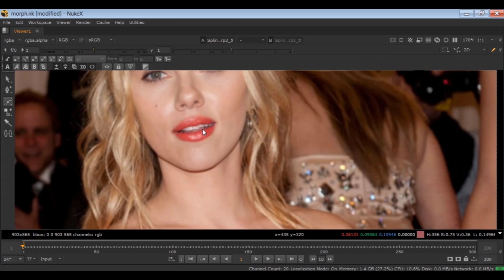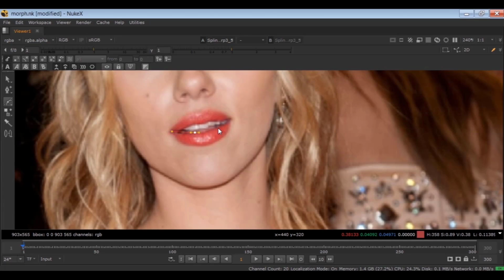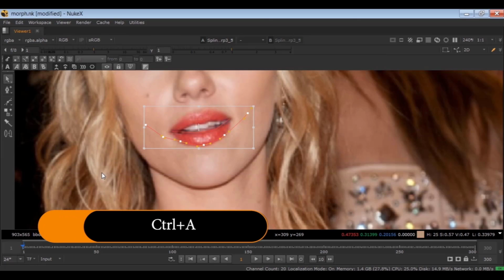It could be a closed shape or an open shape, it doesn't matter. Draw this line. Then, in order to deactivate this active line, hit Escape. You see the color is changing, or I can click on this one to deactivate the shape. Then select this tool again and create a shape like this. These points are like roto points, and you have all the options of roto available here, so hit Ctrl A